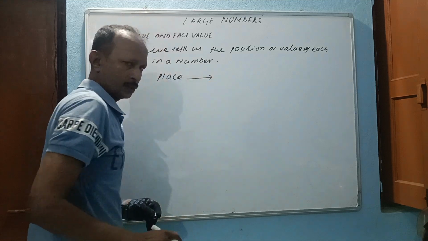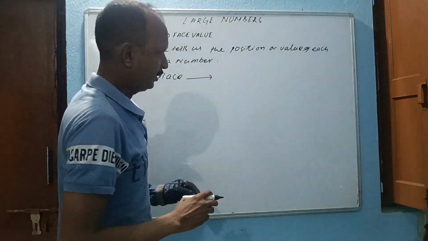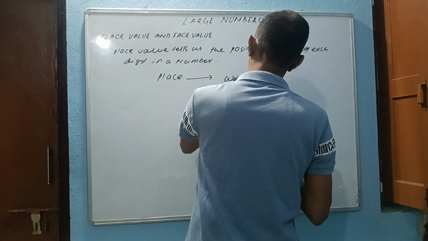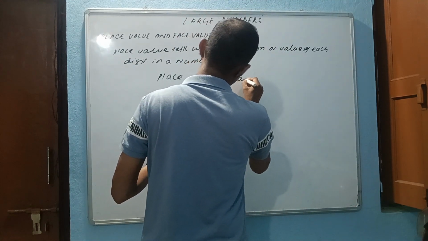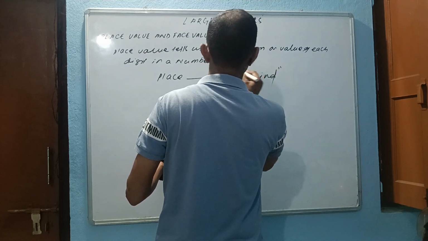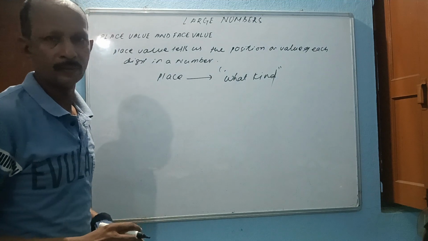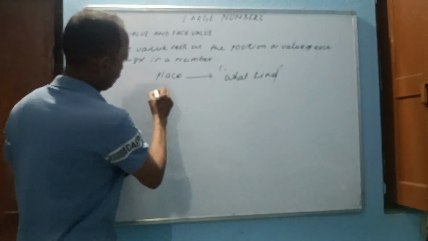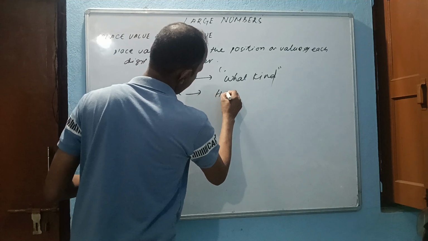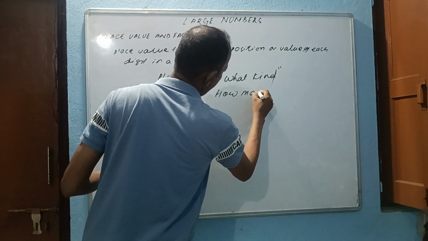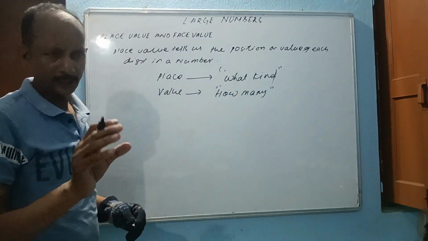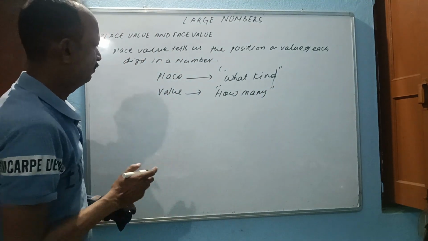Here, place represents what kind? Whereas value represents how many. Let us see one example. For example,